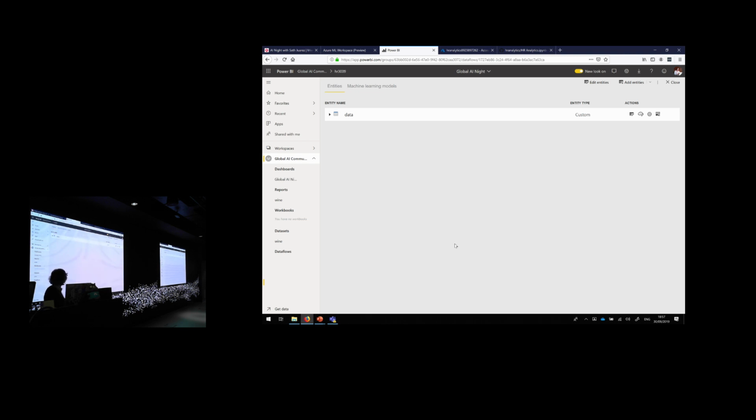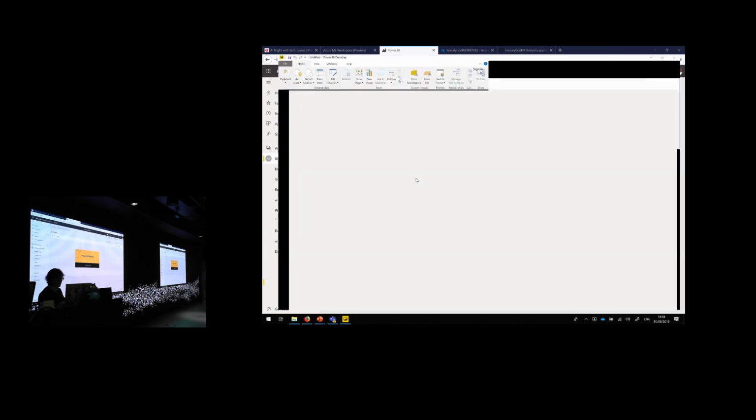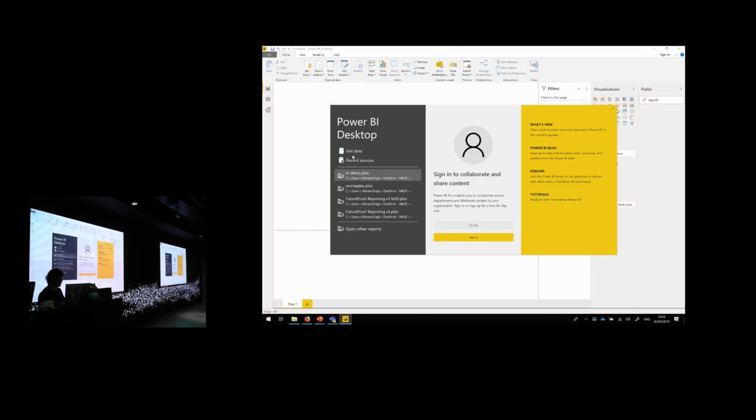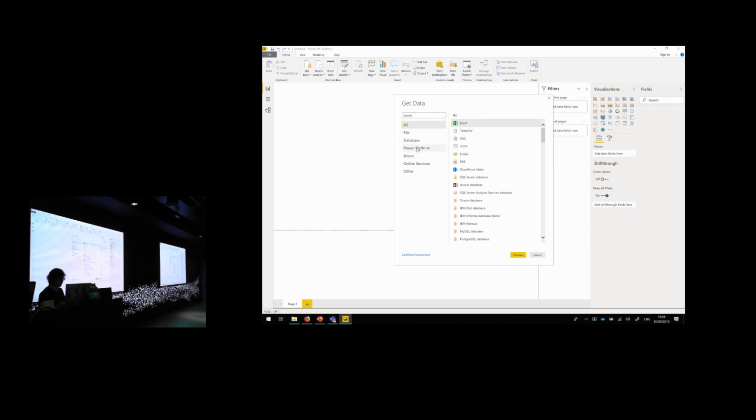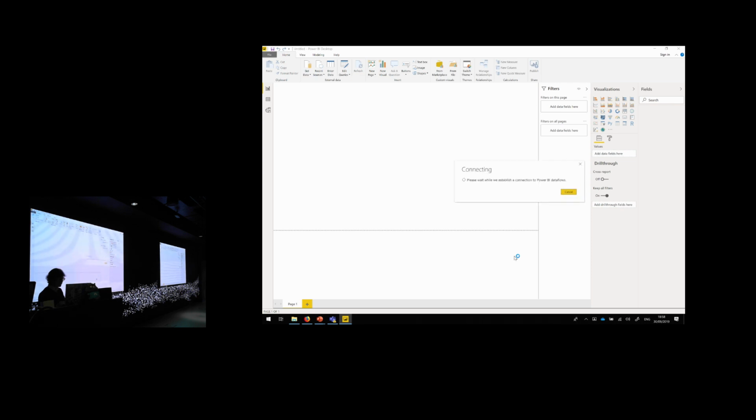So now we've defined our flow, and we can get that data in. So we start Power BI Desktop, for example. And we're going to get the data from the newly saved flow. Connect. Okay, we go to our space. It's this one.